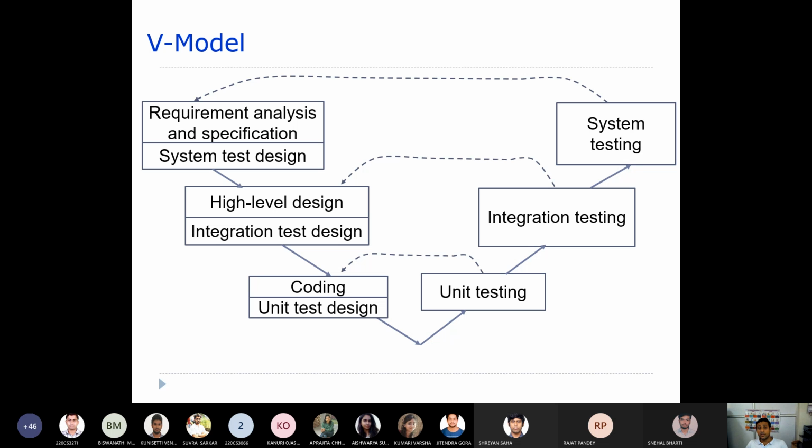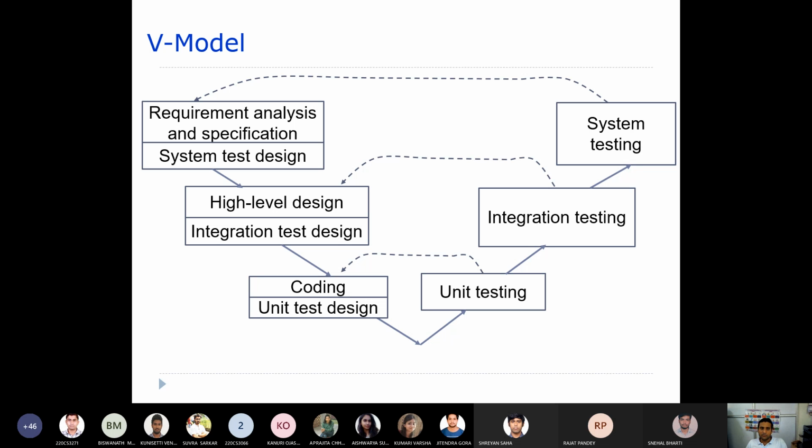What exactly happens here is we plan and develop these test cases during the development phases, but those test cases will be executed during the corresponding validation phase only. So we only design the test cases and plan the testing during the development phases, but their actual execution will be carried out in the validation phase.